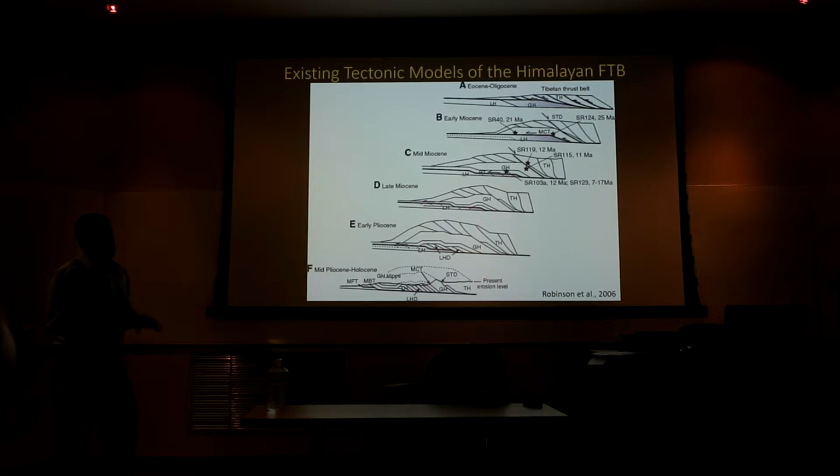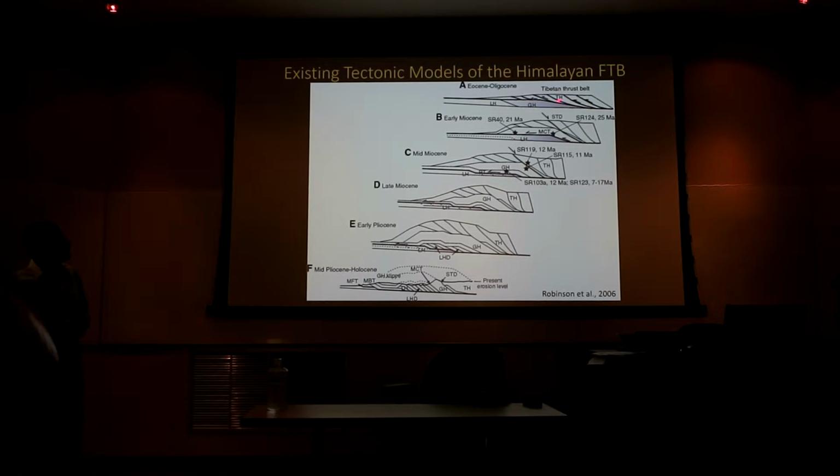So this model actually summarizes what happened during the plate collision. This is borrowed from Dee's paper. She did this back in 2006. So right at the beginning of the collision, the greater Himalayan rocks were getting metamorphosed, which is denoted by this